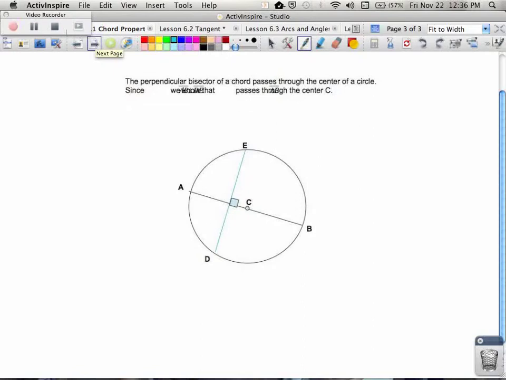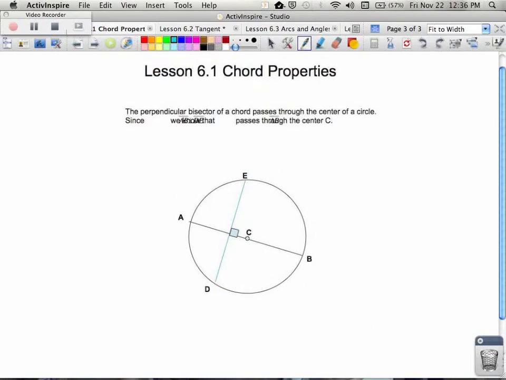The last thing in this section that we're going to talk about is the perpendicular bisector of a chord. The perpendicular bisector of a chord passes through the center of the circle. So if I know that the perpendicular bisector in this case happens to be AB, and it is the perpendicular bisector of the segment DE,